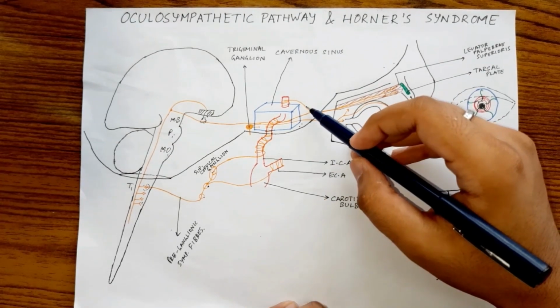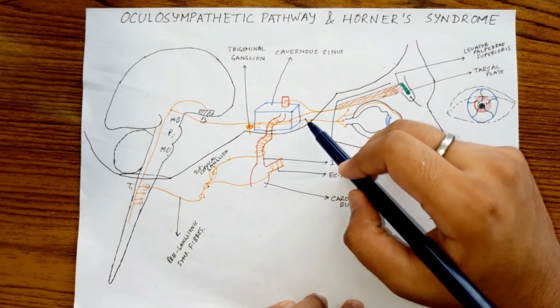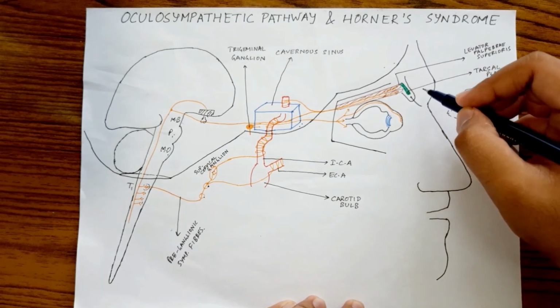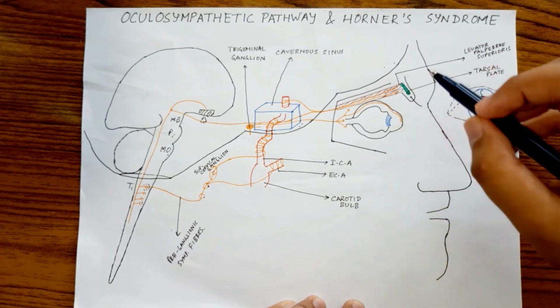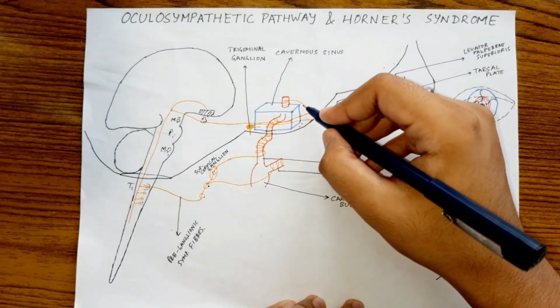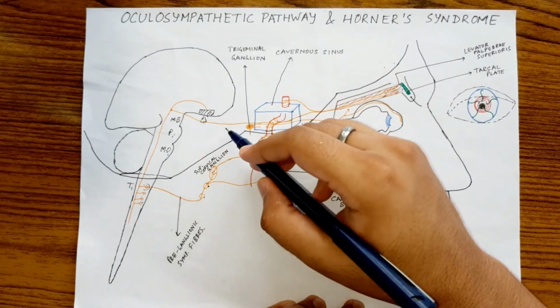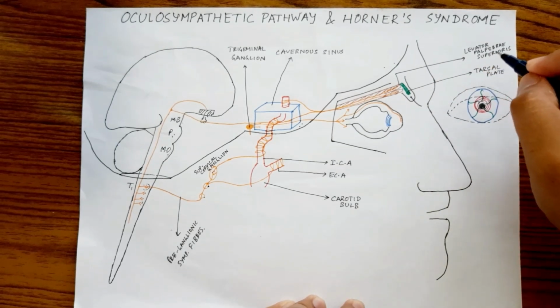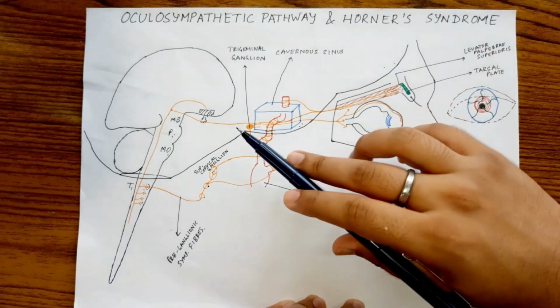The main action of this muscle is to elevate the eyelid. Therefore, if the sympathetic fibers are interrupted but the oculomotor nerve is intact, this would lead to slight drooping of the upper eyelid, which is usually less than 2 mm and is called ptosis. On the other hand, if the sympathetic fibers are intact but the oculomotor nerve is interrupted, this would lead to severe ptosis, as the main support to the upper eyelid is the oculomotor nerve.